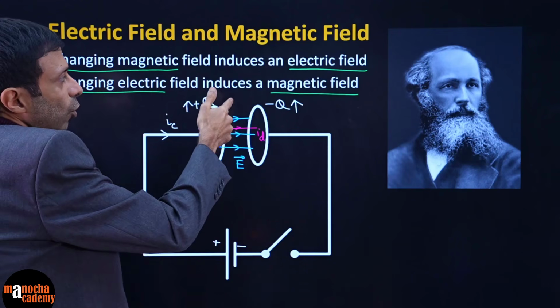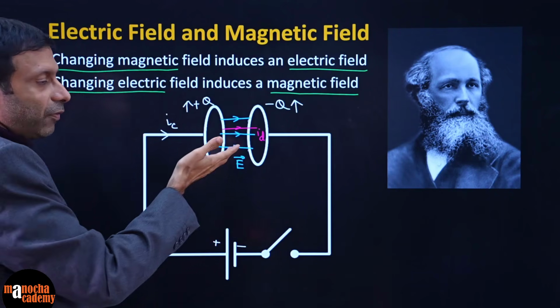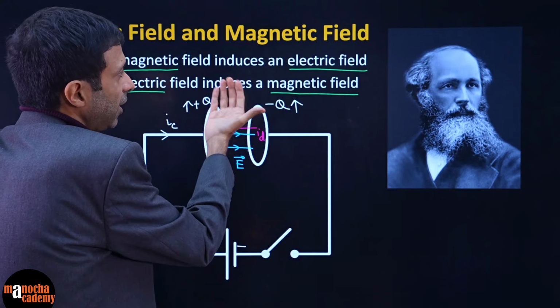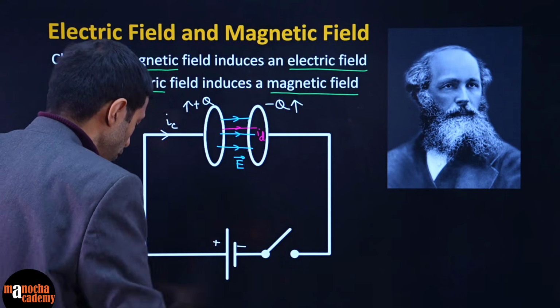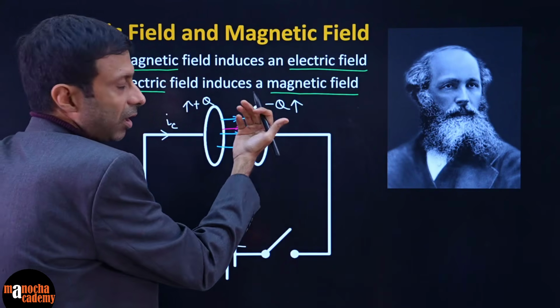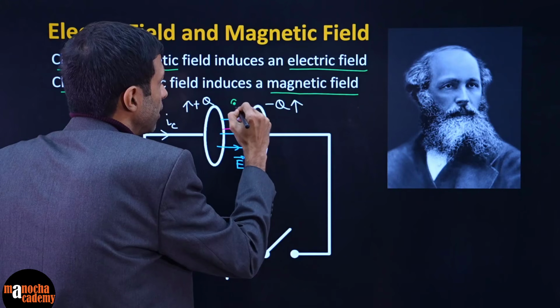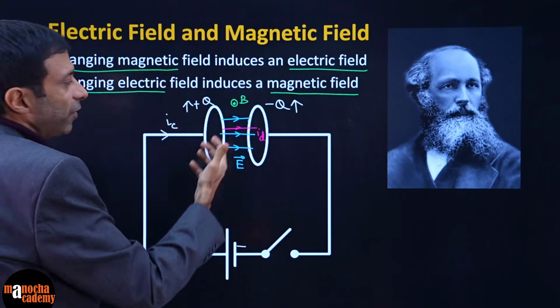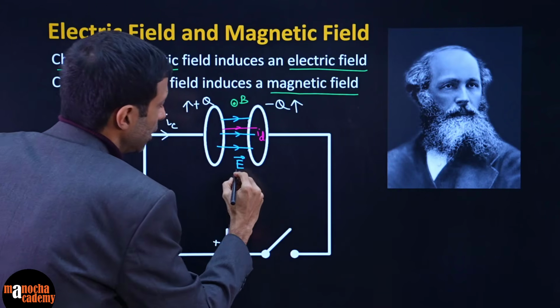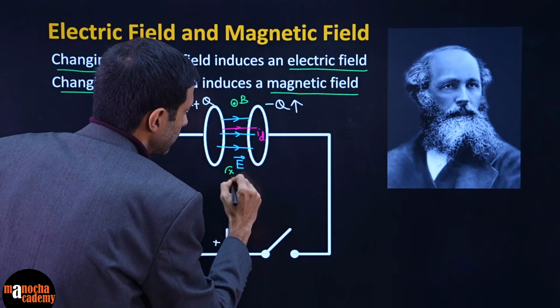So guys, if you look above it, what will be the direction of the magnetic field? We can just use our right hand thumb rule. This is the direction of the displacement current, and if I curl up my fingers, do you guys agree that this field over here is going to be outwards? So I can draw it with a dot here. And the same way, if the current is this way and I curl my fingers, can you see they'll go inwards over here? So the magnetic field here will be inwards.